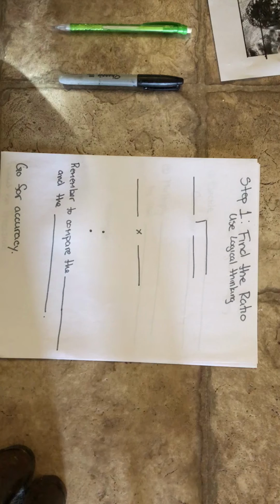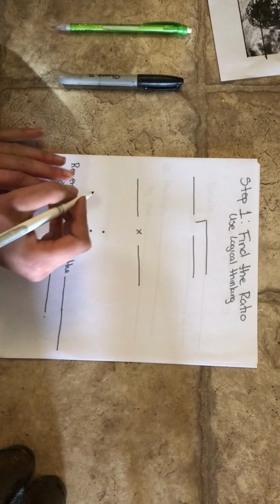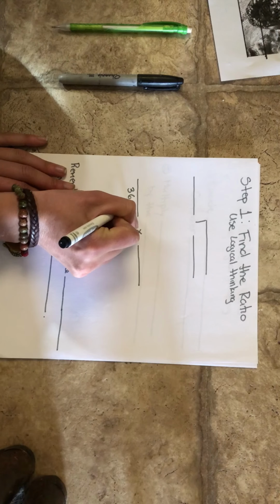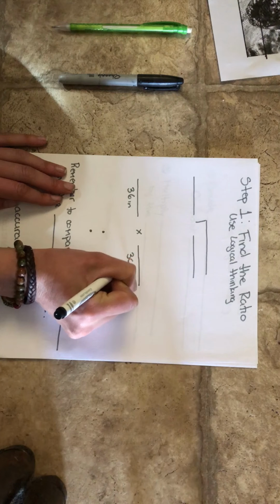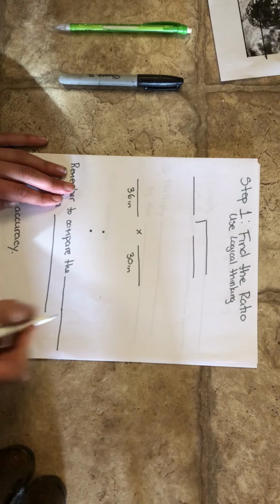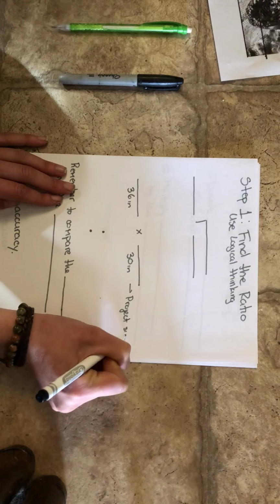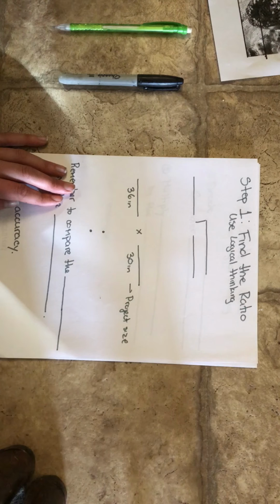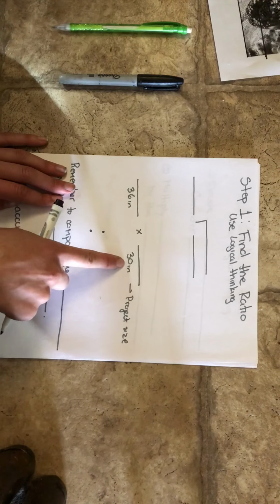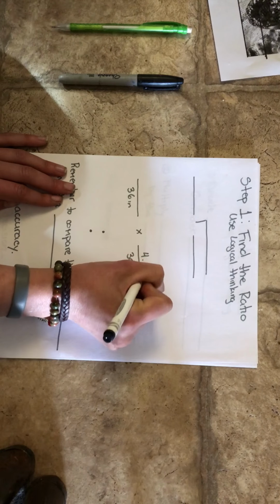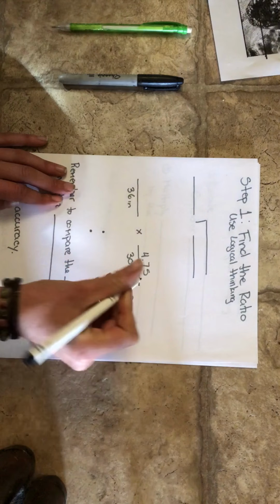So let's say my project size is going to be 36 inches by 30 inches, okay? Project size. And my reference image is 6.5 by 4 3/4 inches. So the smaller of those two numbers is 4 3/4 inches. So it's going to go with the smaller number over here. 4 3/4 by